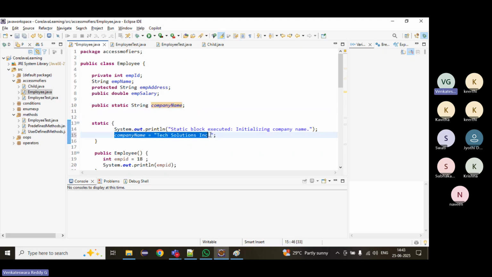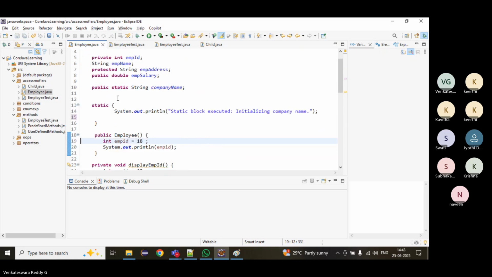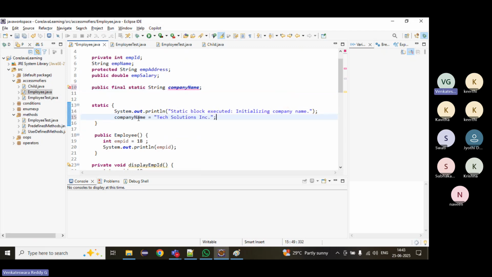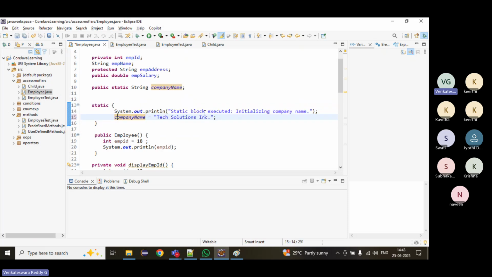Static, I cannot initialize. Suppose you try to initialize here, why is it an error? Okay, we have to make it final. This concept we will learn later. Final. Static block is used to initialize the static variables, or if you want to execute any code before the